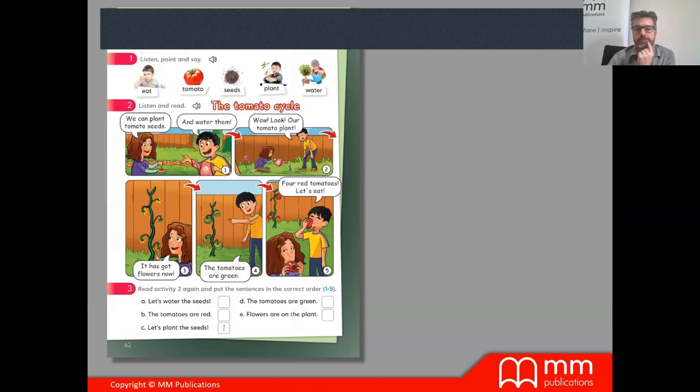We have included these examples in our books. So science talks about the life cycle of different plants or trees, okay? Here we have the tomato cycle, how we plant the seed, how we water them, how the plant grows, it brings out flowers, then how the flowers become green tomatoes, and then in the end, the red tomatoes. You see an example here of the life cycle of one vegetable that students can talk about in English, and they can learn new vocabulary like seeds, plant, eat, etc.